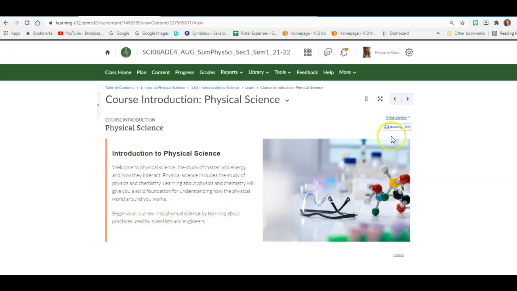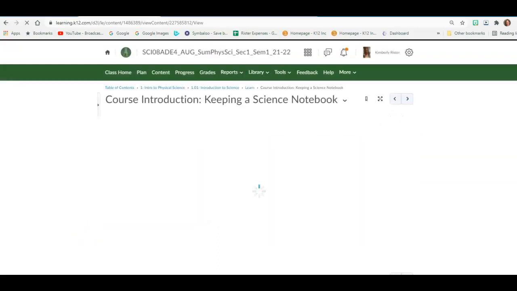So I want to show you also this option. If you ever get to a lesson that doesn't have a recording done yet and you want the lesson read to you, you can click this mode. And you do have to turn it on every time, but it is there in case you need it. So if we go on to the next slide,